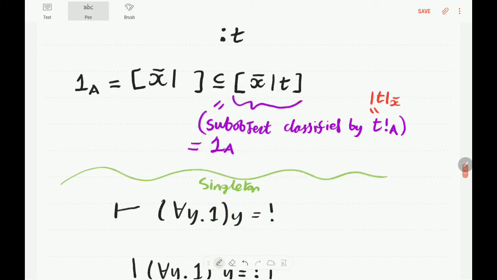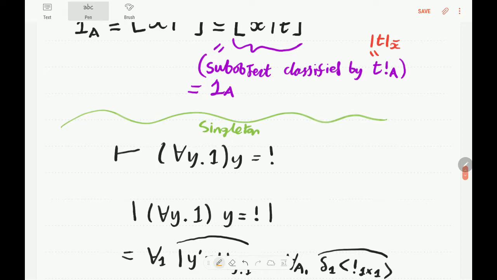Okay, so more mature Benabou rules. This is the singleton rule, and what it says is that we always have that this formula is true. The meaning of this sort of turnstile symbol in this context is that